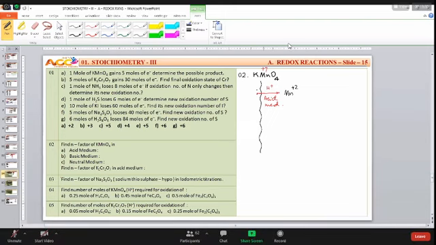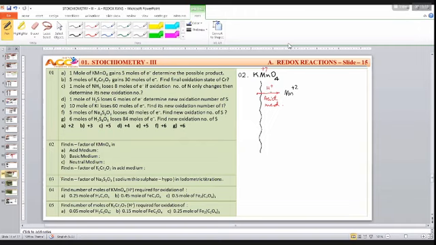If it is sulfuric acid, MnSO4. If it is HCl, MnCl2. If it is nitric acid, Mn(NO3)2. So oxidation state is +2. So what is N factor? N factor of KMnO4 in acid medium is the change in oxidation state. What is the change in oxidation state? 5 units. Remember that. In acid medium, the oxidation state is changing to +2 from +7. Therefore, remember that N factor for KMnO4 in acid medium is 5. That 5 you have to remember.